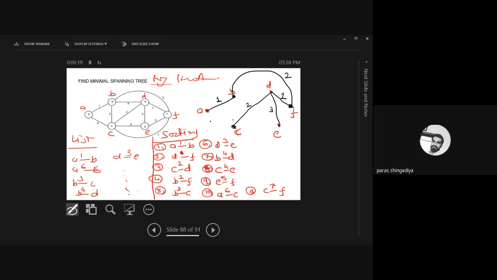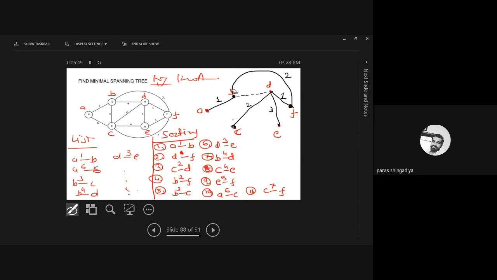Now 4. If we connect C and E, whose weight is 4, by using D, C, E we can create a closed walk. So we cannot include it in our graph. DCE से close walk बन सकती है. So that will not be included. And next is 4 also between B and D. Here it is also not included, because by using these parallel edges we can create a closed walk.